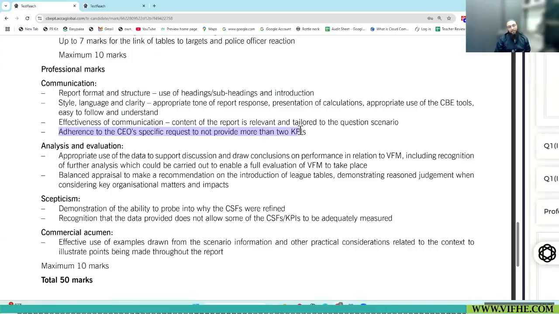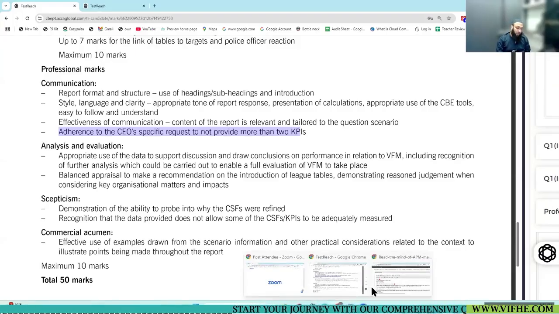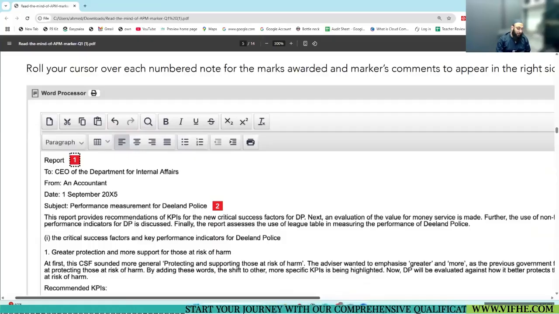Oh man. They asked you to do only that. If you follow this, you get marks. You will be shocked to see the number of marks this student was able to grab in this area.